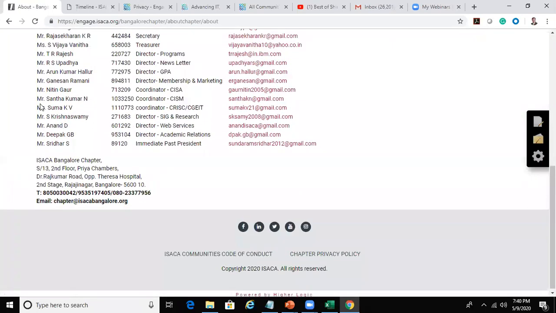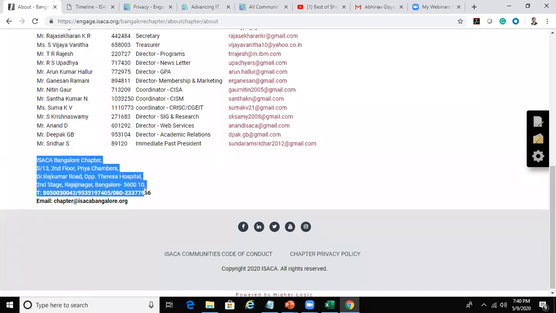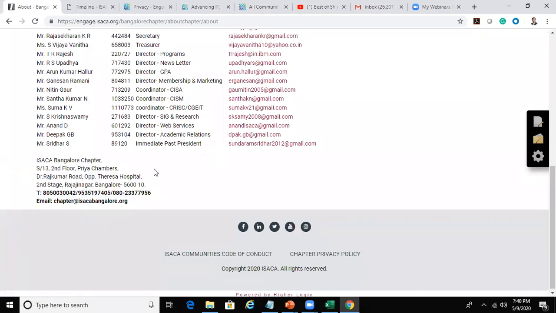Apart from that, we also have a chapter manager, Mr. Subramaniam. I think he's also there in the session, attending the session. I just asked him to attend the session to give me feedback. Now he is out there supporting us 24/7. He's also working from home naturally. And once you drop one line to him, to chapter@isakabangalore.org,